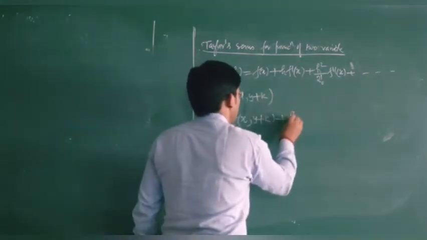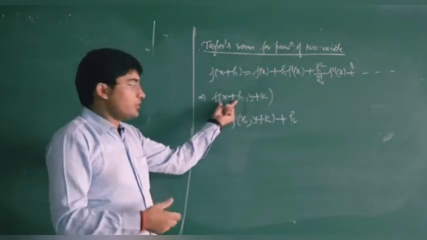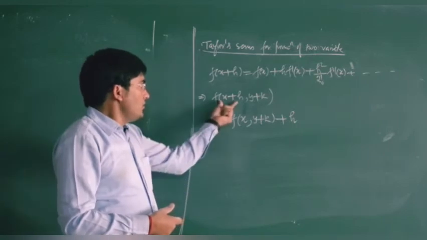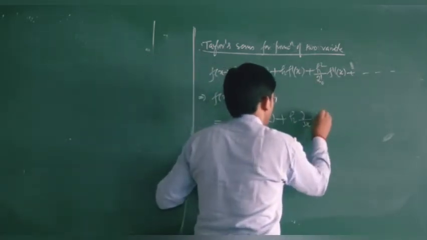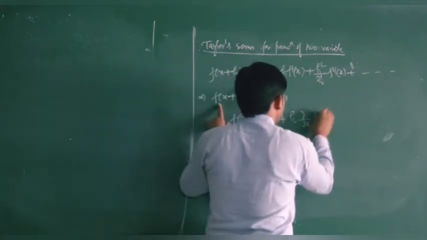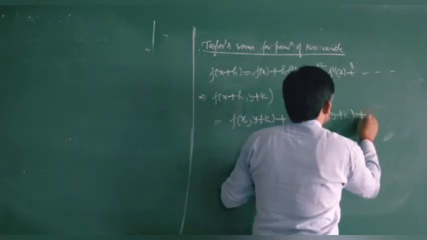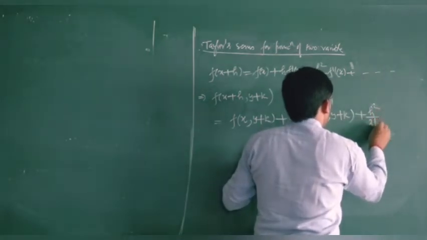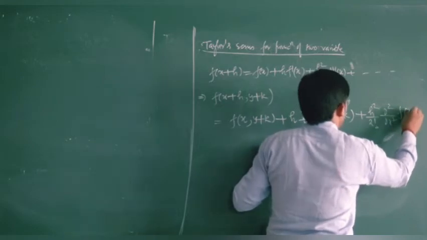Then your next one will be h into f dash x. Because we have two variables x and y, this f dash x means del by del x of f. Now your f is f(x, y+k). Then the next one will be h square upon factorial 2, the double derivative of f(x, y+k),